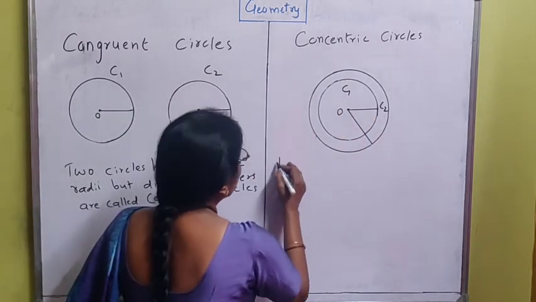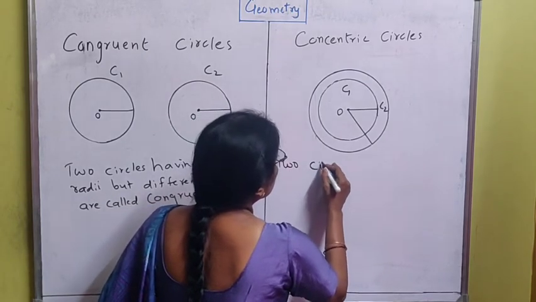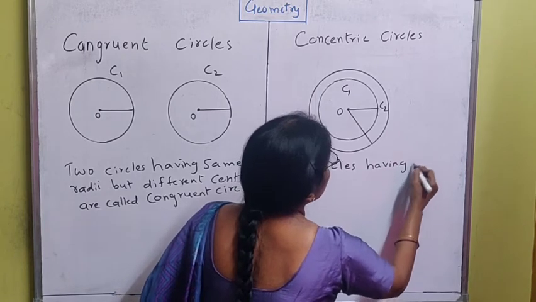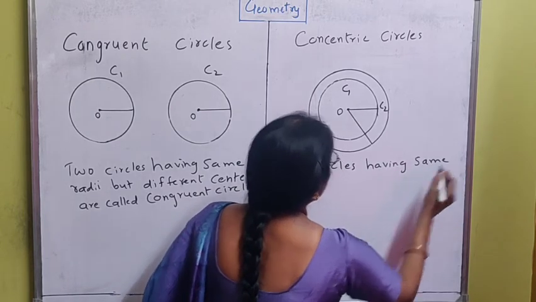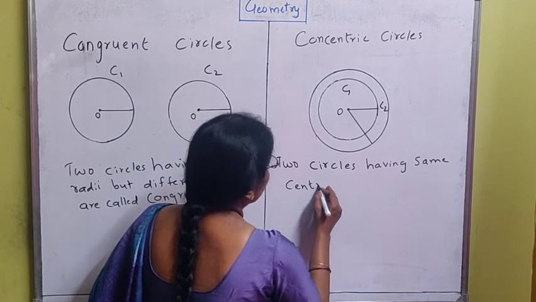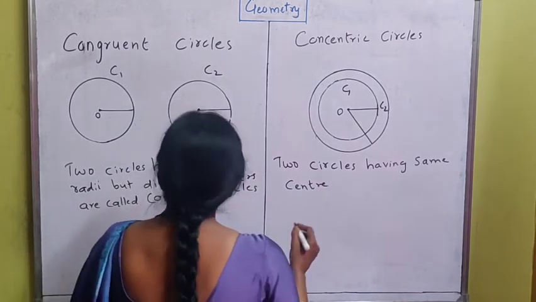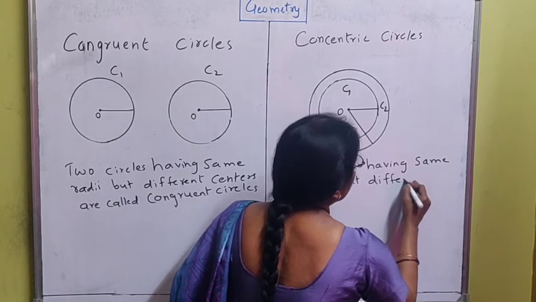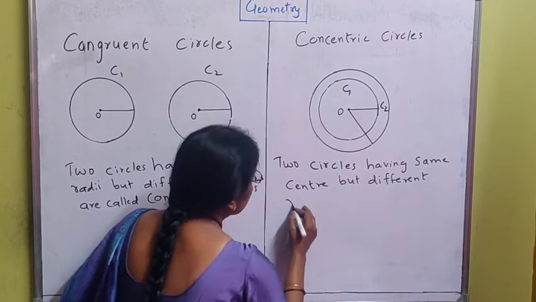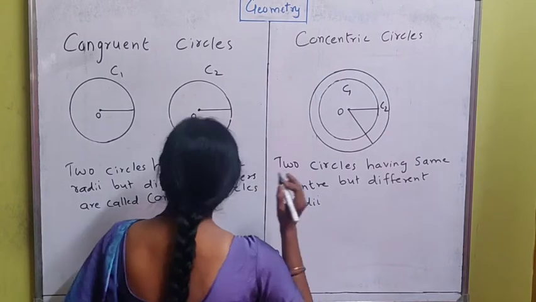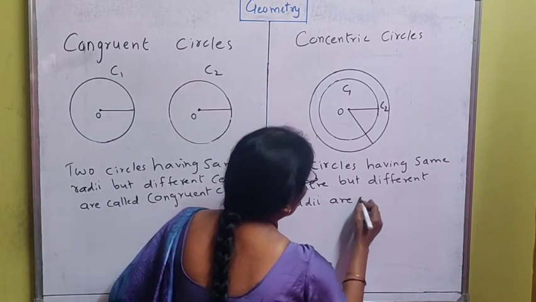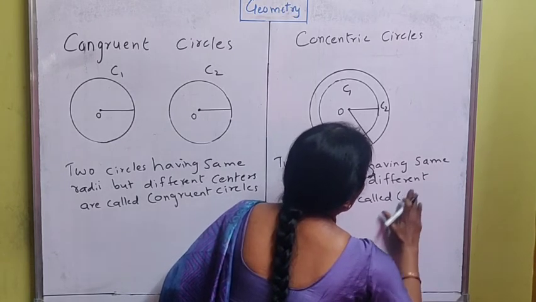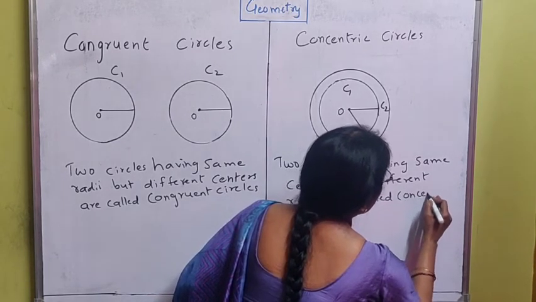So we can say that two circles having same center, very important, but different radii are called concentric